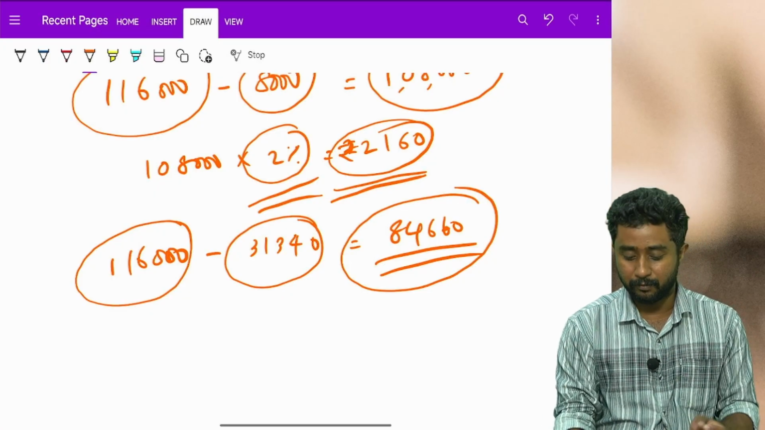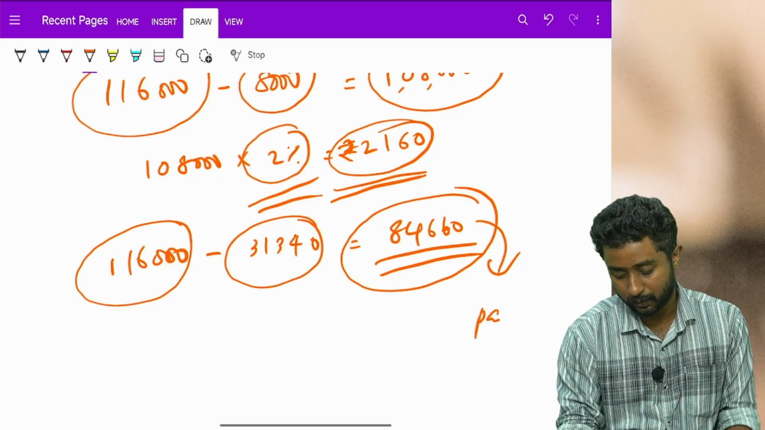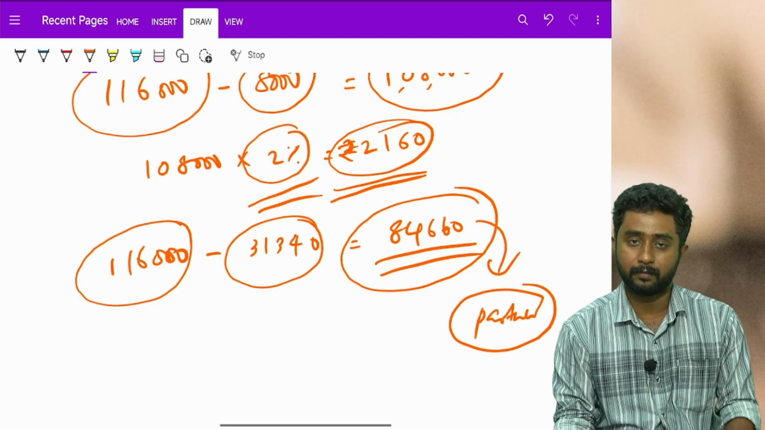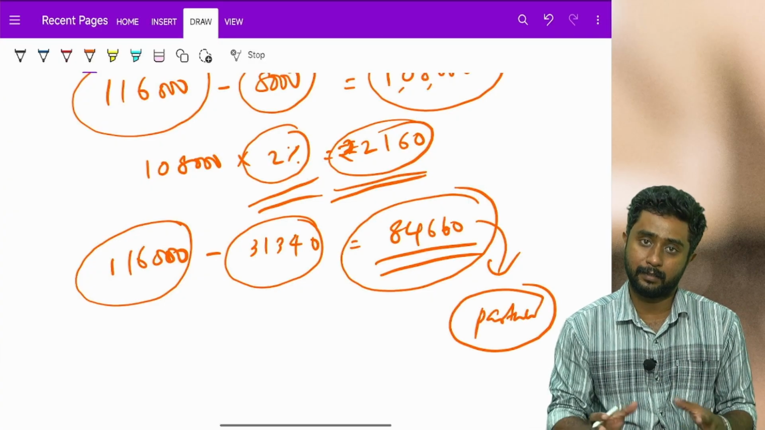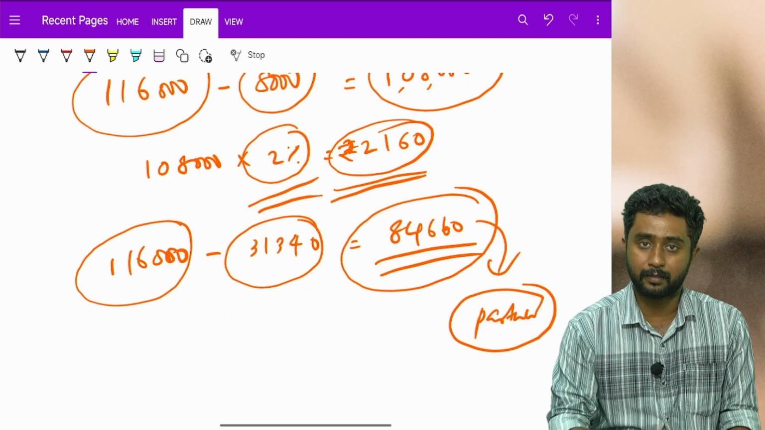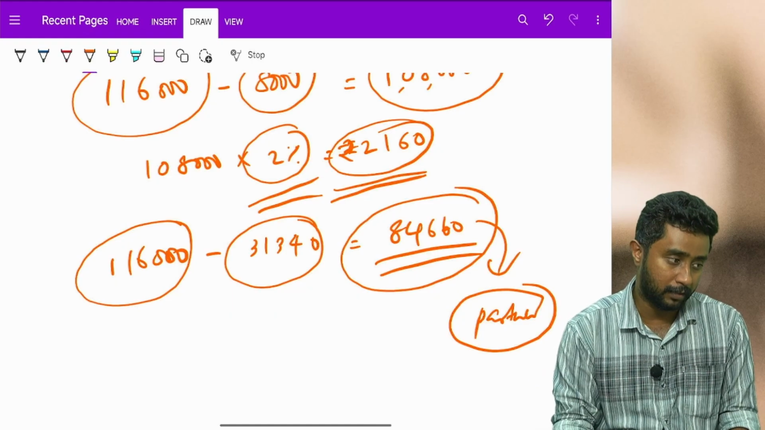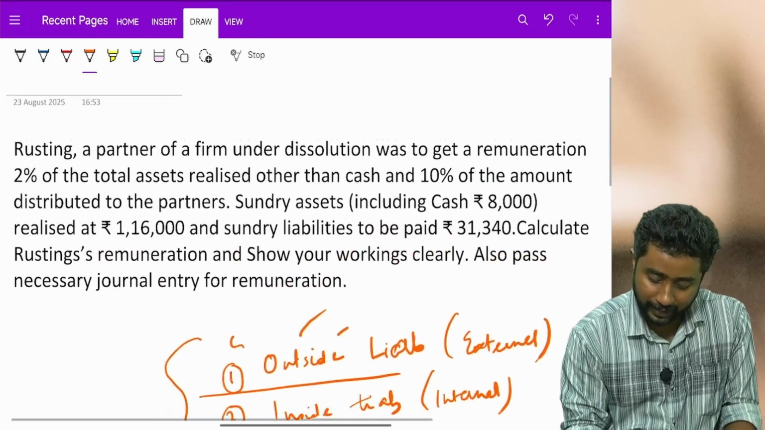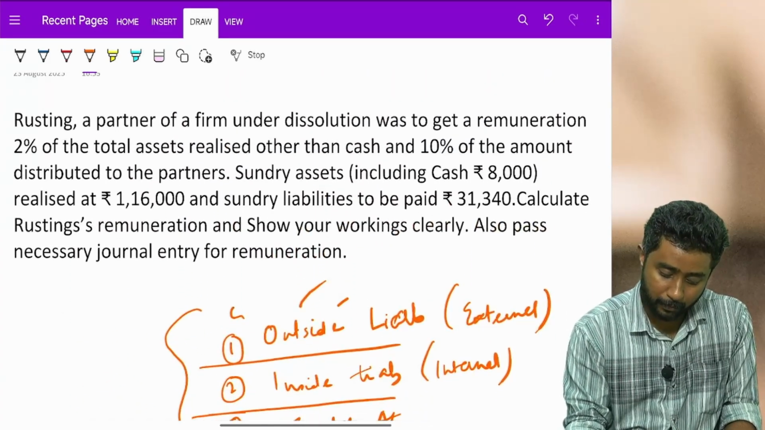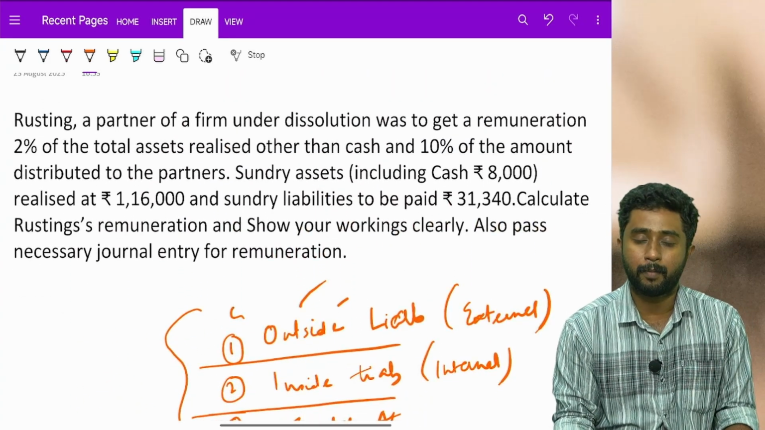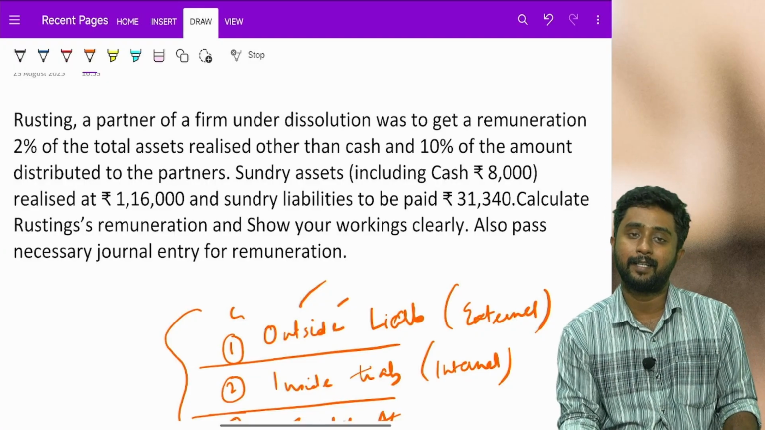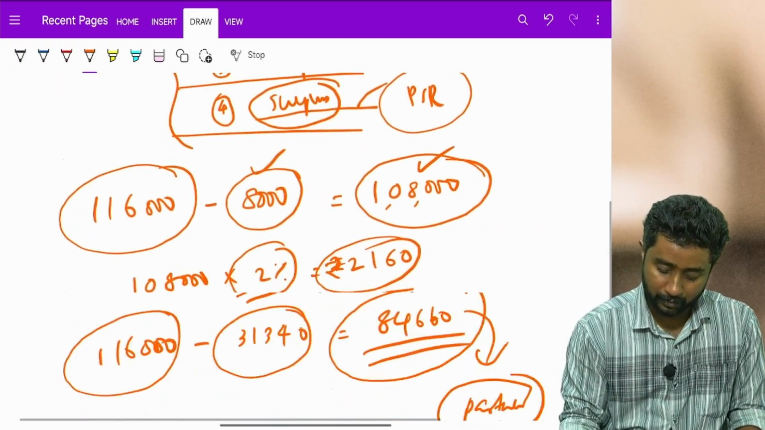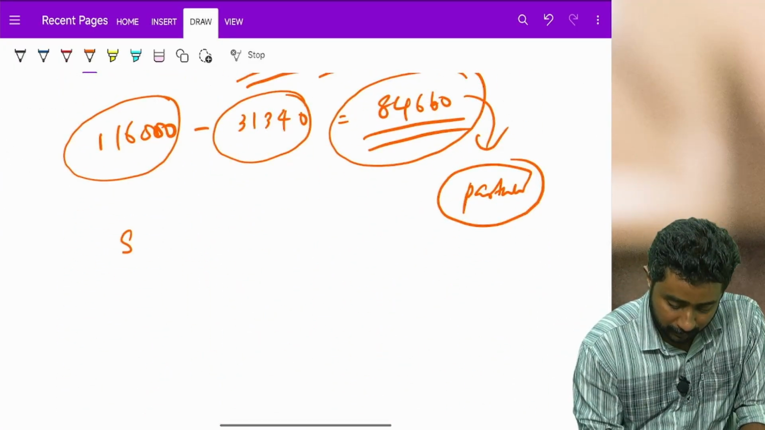This 84,660 will be given to whom? The partners. Whoever are the partners, all these partners will be given this amount, because this is the leftover amount. As we already discussed, this is the amount that should go to the partners. So this amount, okay, they are saying why we calculated this amount. The amount 10% of the amount distributed to the partners should also be given as a remuneration. So 10% of the amount means 84,650 is